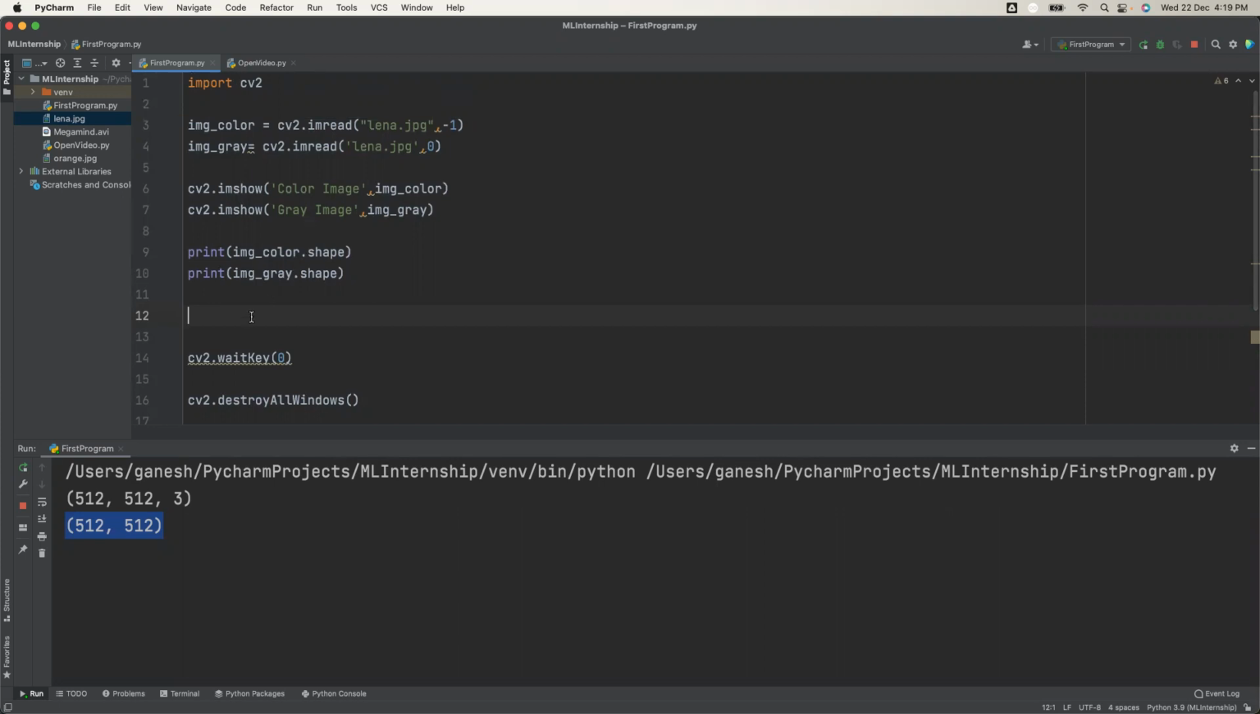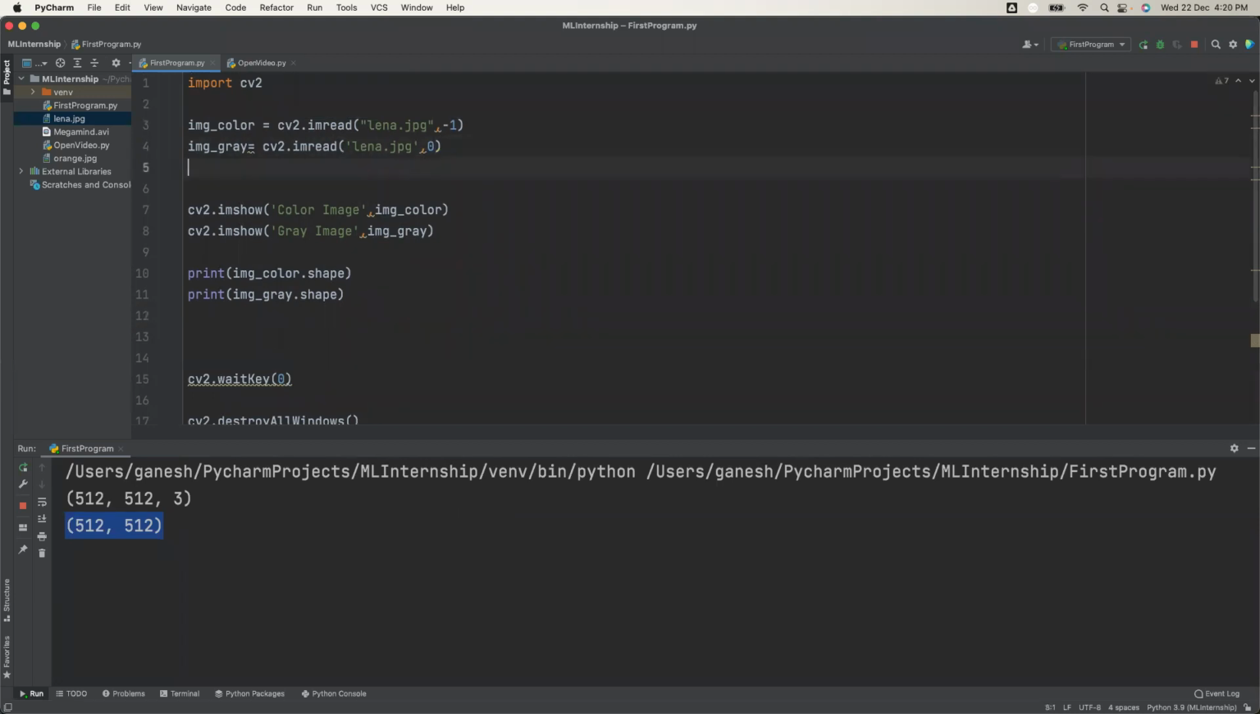Yes, Aditya, I didn't get you. Yes, we can read the black and white image also. If you want to read the black and white image, you have to read that particular format, but that image should be a black and white image. If you want to read the image as it is,